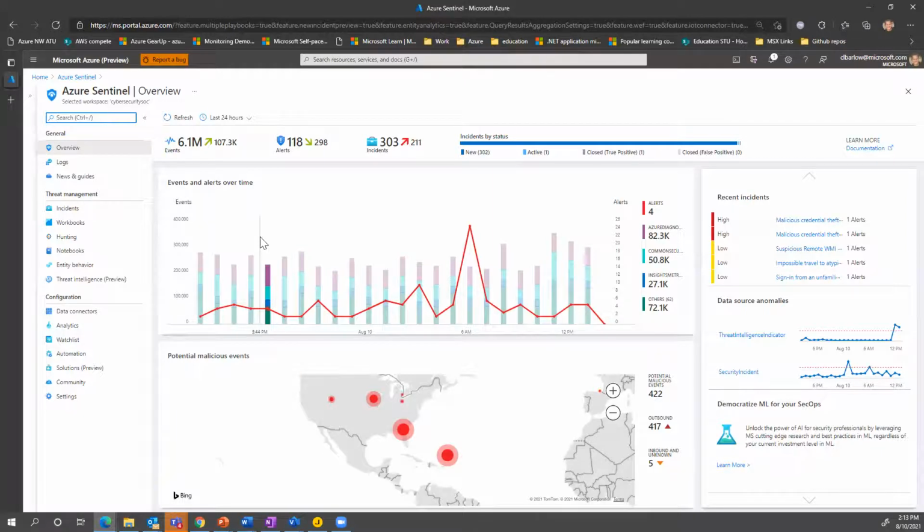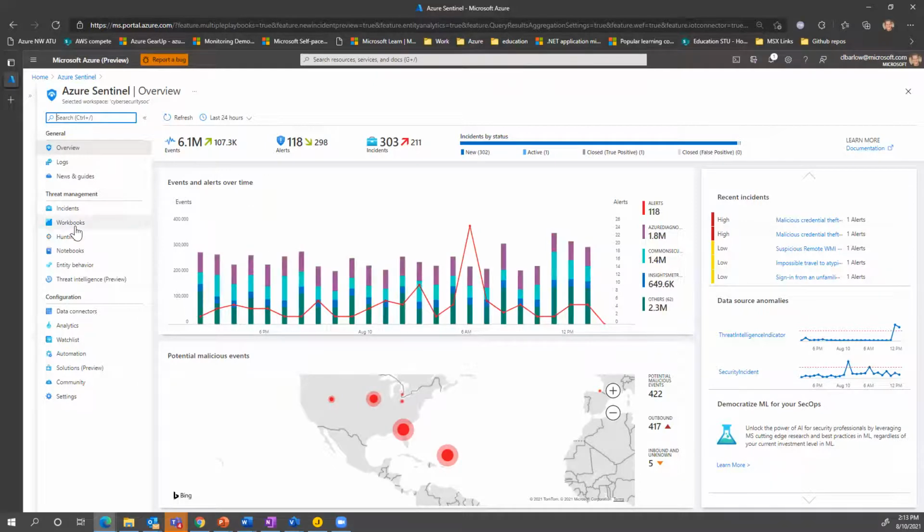Security Center manages your security posture, and it tells you, hey, how are you doing from a patch perspective, from a policy perspective? Sentinel is like, hey, what's going on in my environment, right? I had a researcher log in from LA, and 15 minutes later, he logged in from mainland China. Is that normal? Is that impossible travel? Was he connected to a VPN? This gives you the ability to investigate that.